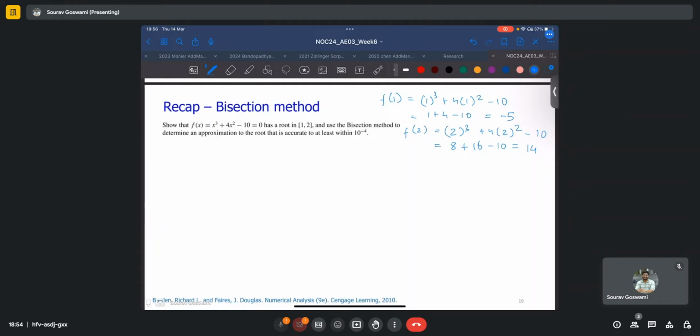So we see that the signs of the function values at the two ends are different. Therefore, since f of 1 times f of 2 is less than 0, which basically means that their signs are different, the intermediate value theorem guarantees